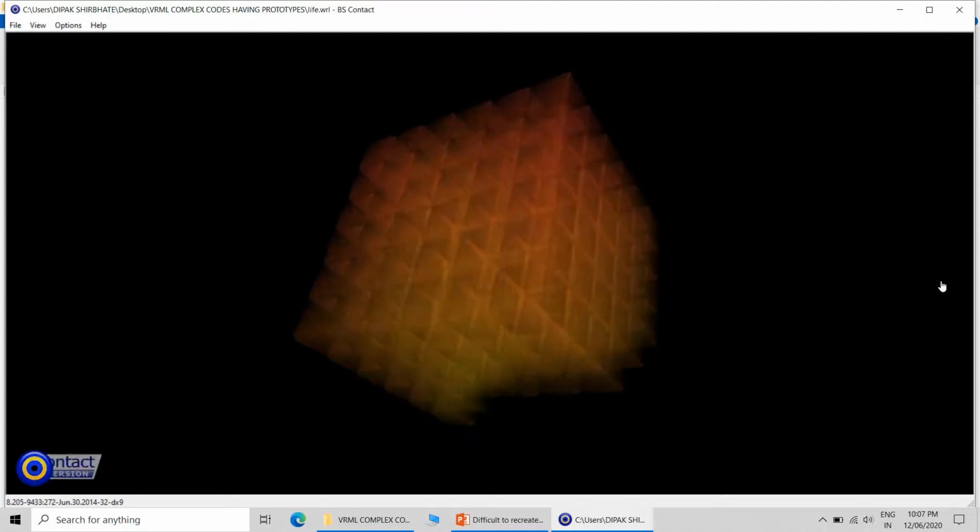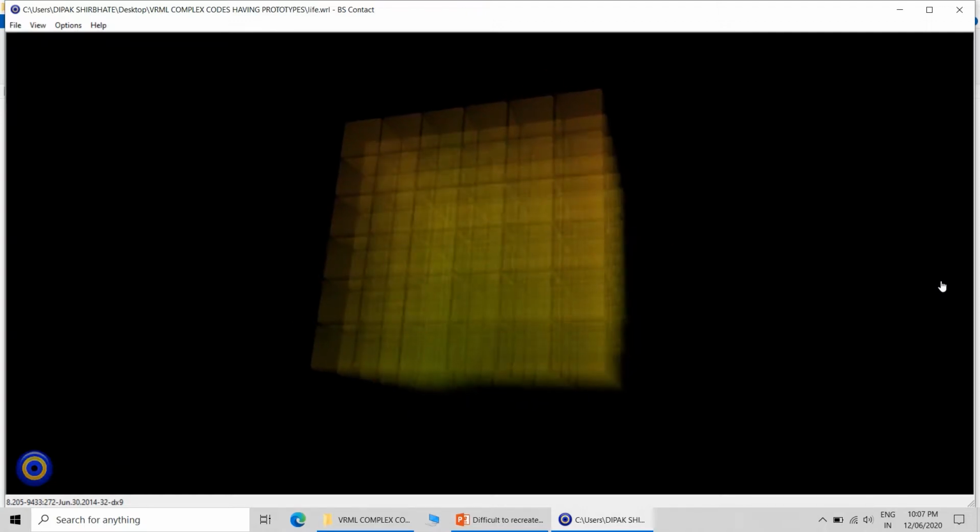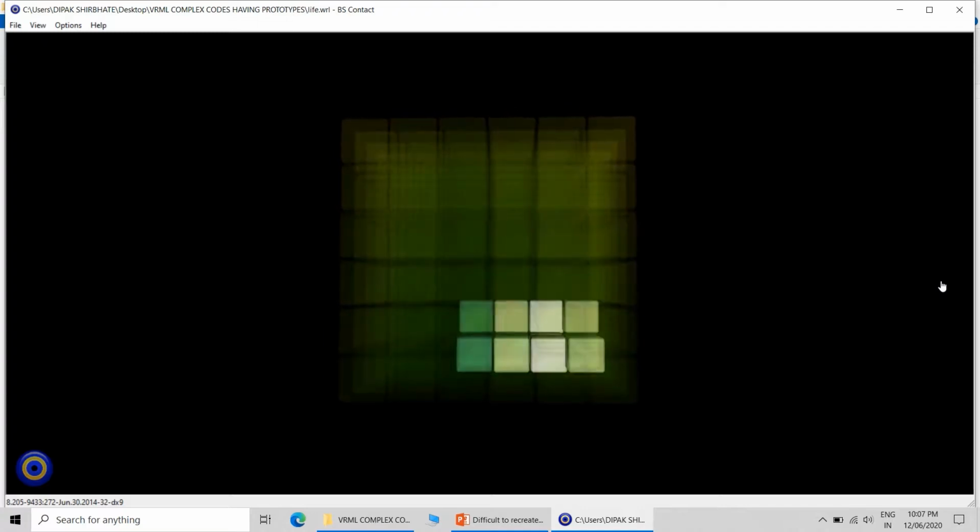Then this is a live code. This was also quite difficult to recreate.